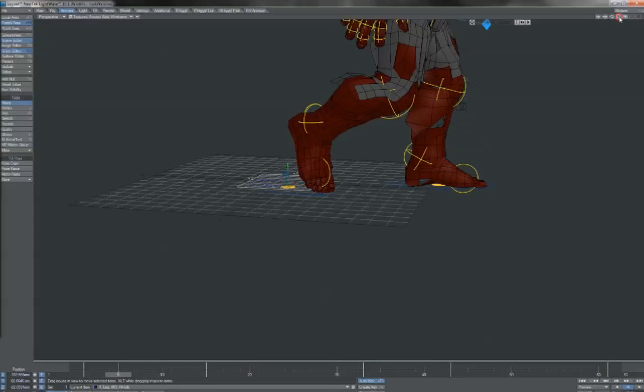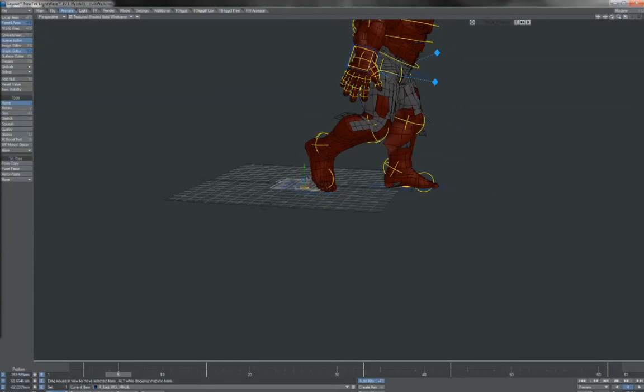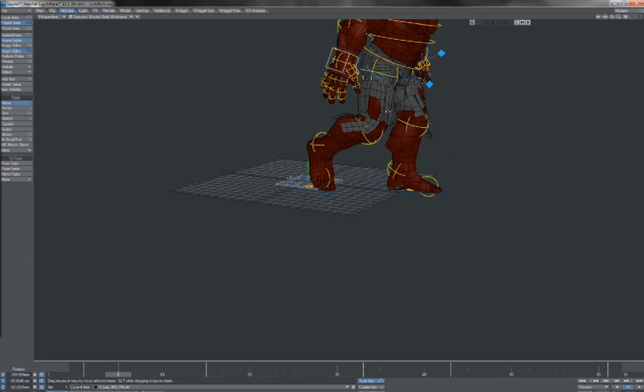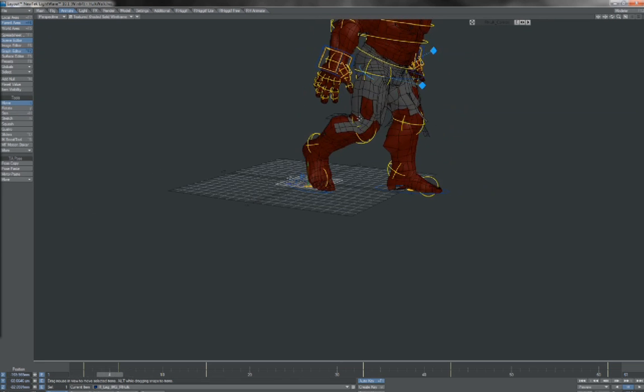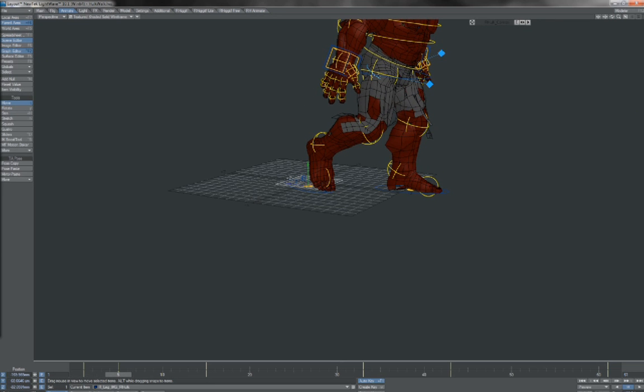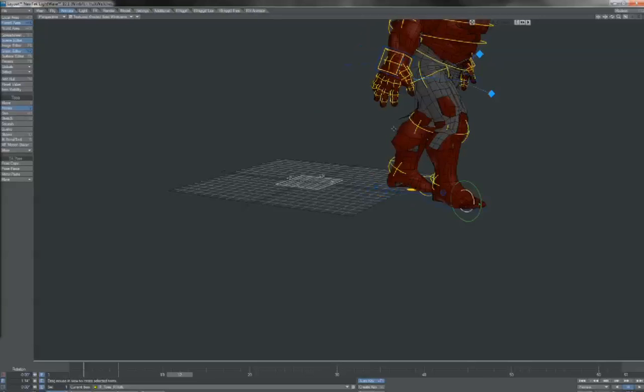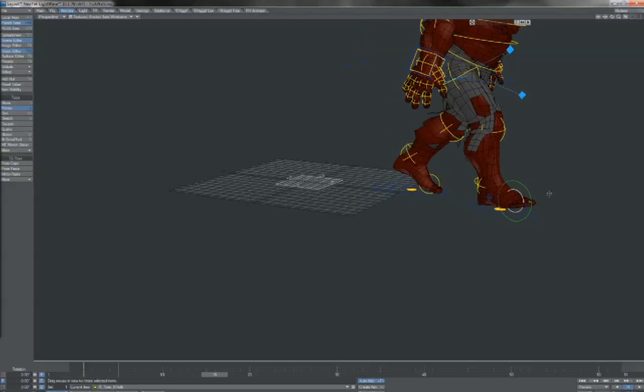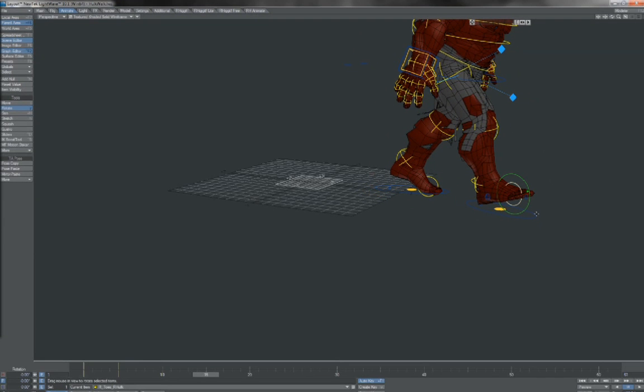First thing we can do is we can look to our IKFK controls. So for instance here, in this case frame 5, this is the last frame where the foot is really doing an IK contact to the ground. After this it's lifted up, we expect. So what we could do is select the FK controllers for the leg here, key it all the way down, come to the contact pose, so the next point when it's going to be in IK contact, in this case here, frame 15,